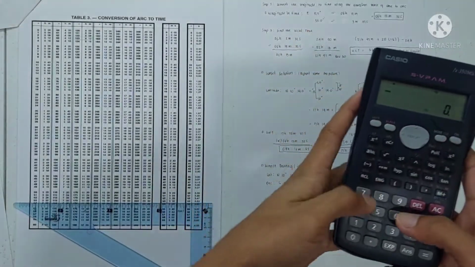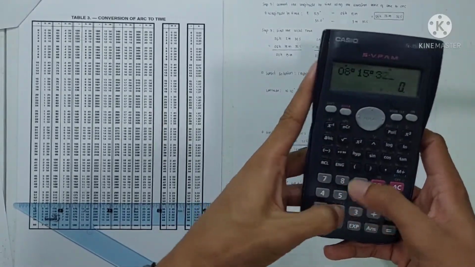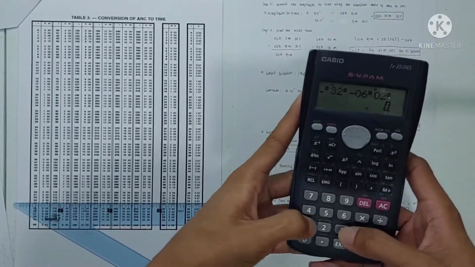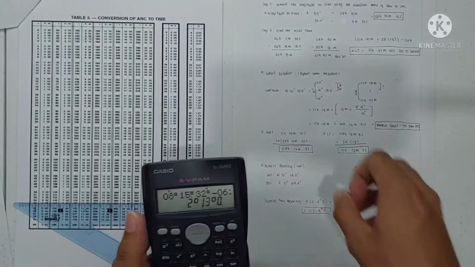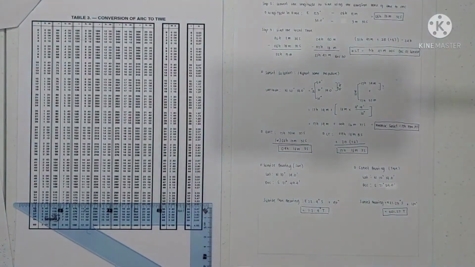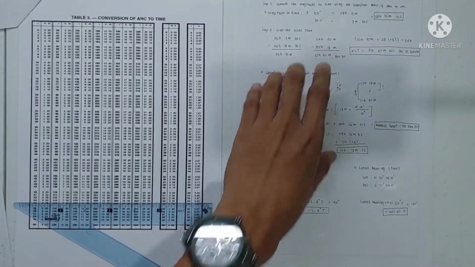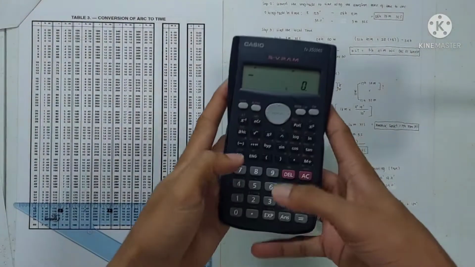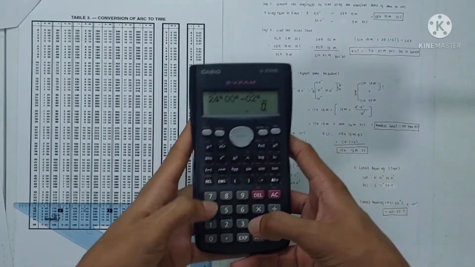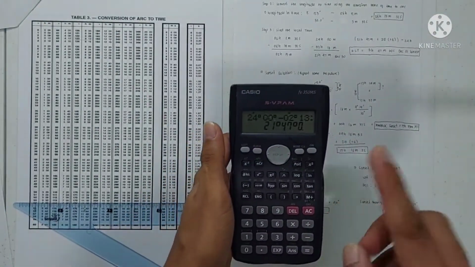So to subtract, 08 hours 15 minutes 32 seconds subtracted from 06 hours 02 minutes 32 seconds, we have arrived at this value of 02 hours and 13 minutes. Now, to get the local time, we need to subtract this value from 24 hours and 00 minutes. So 24 hours and 00 minutes subtracted by 02 hours and 13 minutes resulted in 21 hours 47 minutes